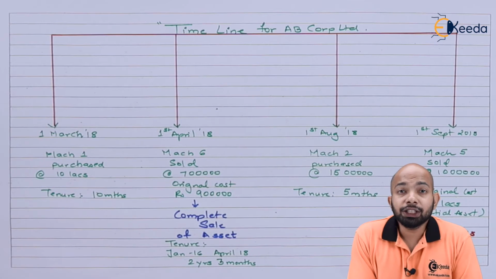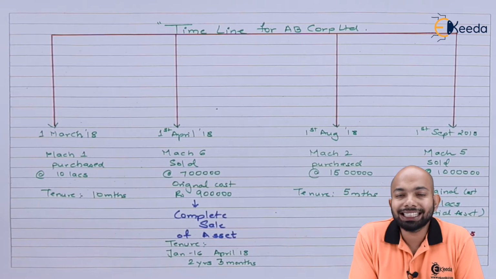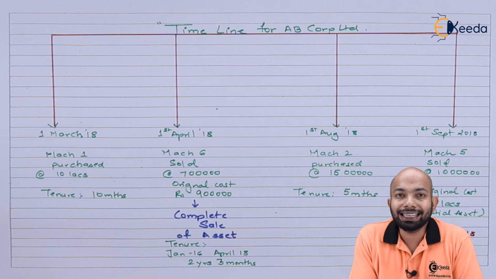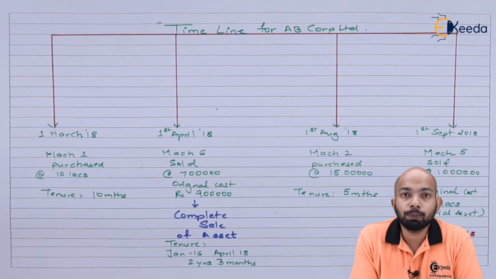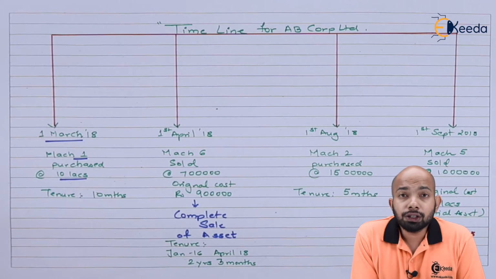So if you can see, we have mentioned the timeline here, which consists of four important transaction details of this specific illustration. We'll go through them one by one. The first one relates to machine 1, which was procured in this specific year. On 1st of March 2018, machine 1 was procured for 10 lakh rupees,